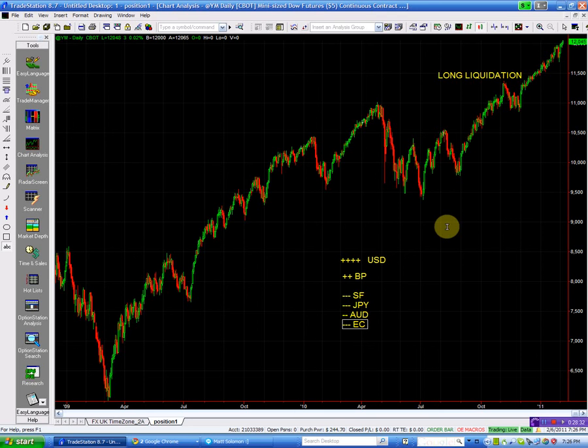So I'll be buying the dollar Swiss, I'll be looking to buy the dollar yen. I also will be looking to short the Aussie dollar, and I'll also be looking to short the euro dollar. I might be looking to buy the pound Swiss. I might be looking to buy the pound yen. I also might be looking at buying the pound Aussie, and a continuation in the downside with regards to the euro pound. Okay? Now I'm going to go further. So now I'm going to stop this and